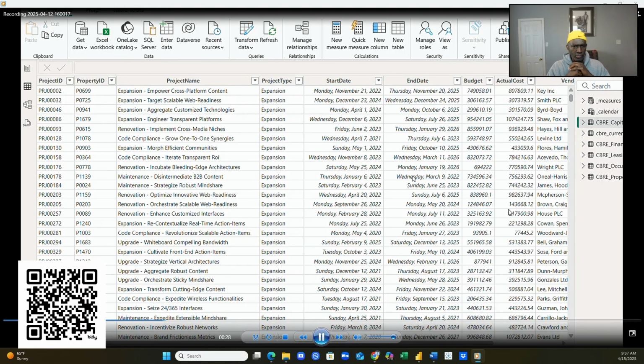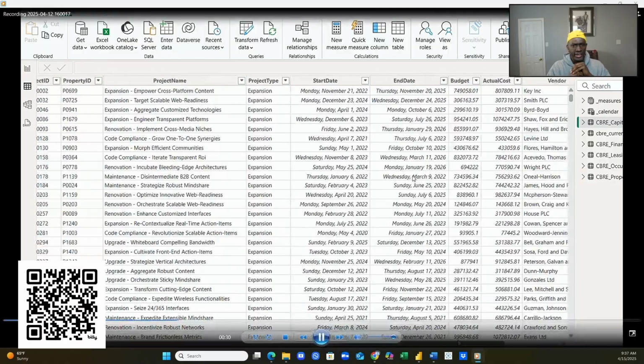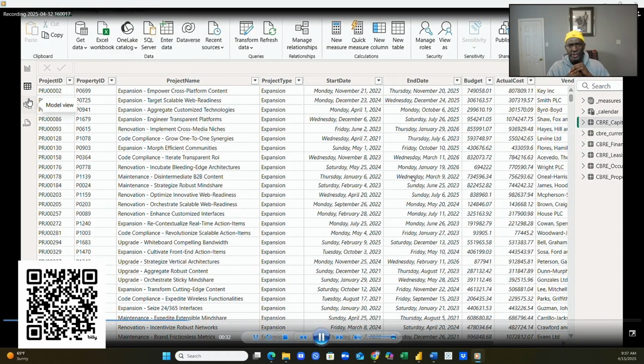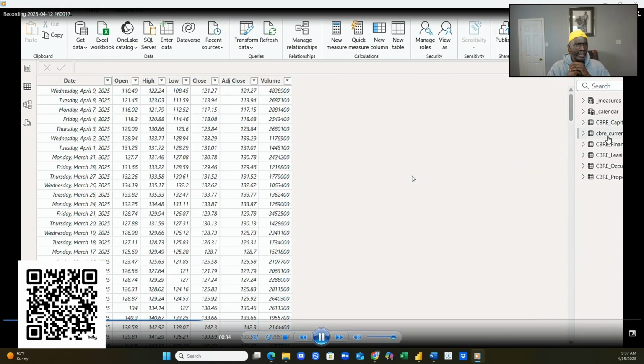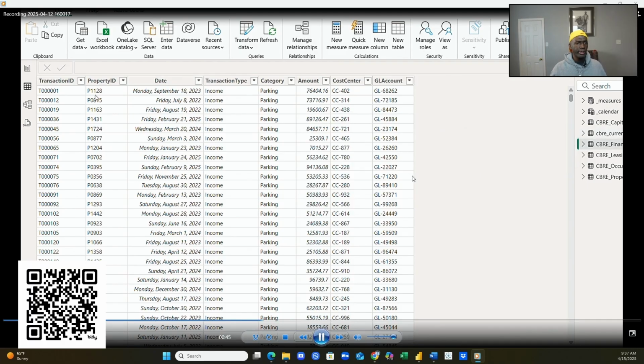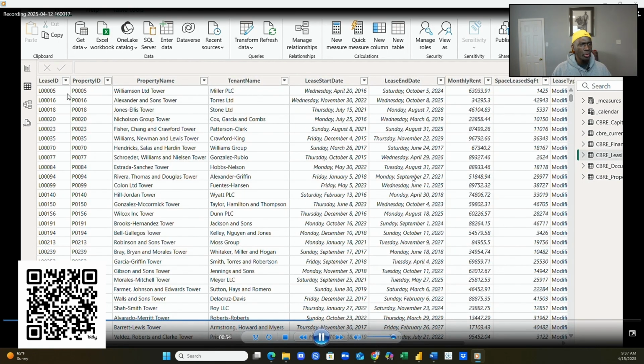Here we're just doing a quick overview of the tables that we have in the data view. Here looking at the stock information, the stock table that we brought in. Again, this is the stock table that we were reviewing earlier. I don't know if it's the exact date that we were looking at, but it is a 365 date range. Just going through the different tables, trying to see what data is in the tables, and